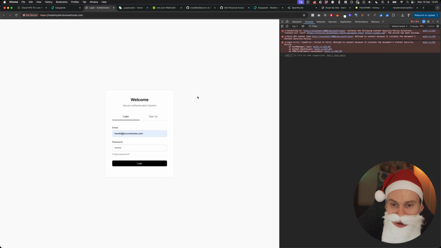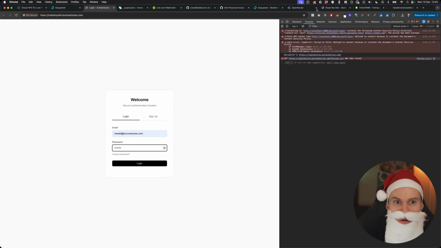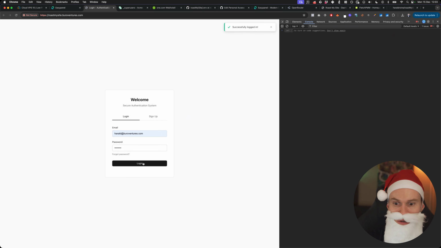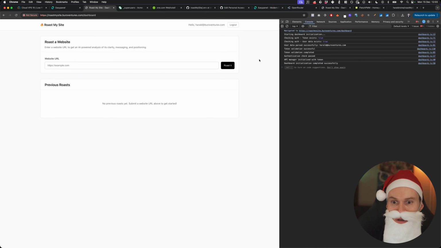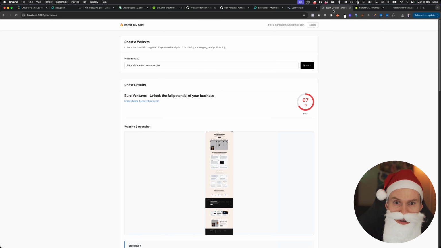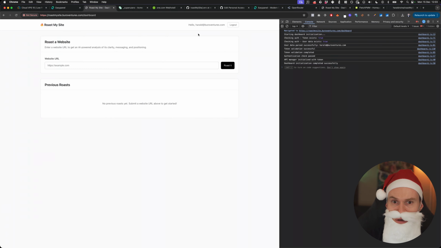If we now were to refresh the site and try to log in again, I'm going to wipe this and see what happens now. Login successful. So now it is allowing us to actually log in and run this and see how it works. So that's really it. Again, now we logged in on a different user. So if I go log out,